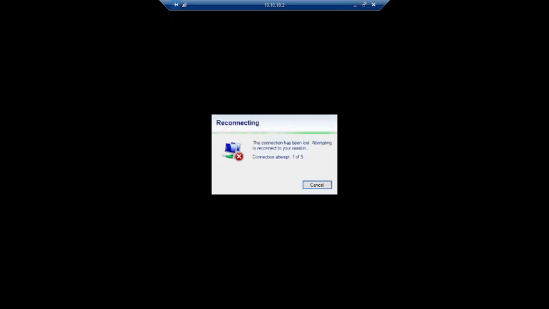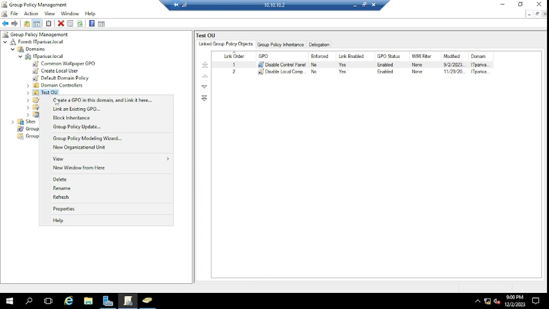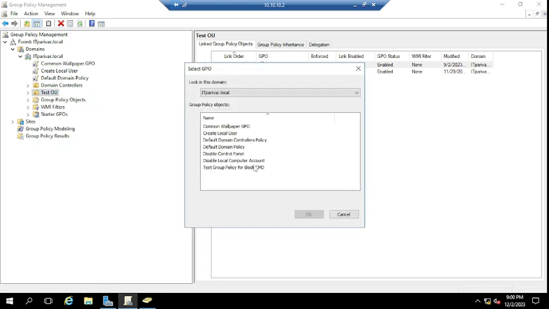Oh, I'm sorry, there is some network connection error, so I think we need to wait. Yeah, connection is restored. So now we select this option, Link an Existing GPO, and select this test group policy for block CMD. Okay,